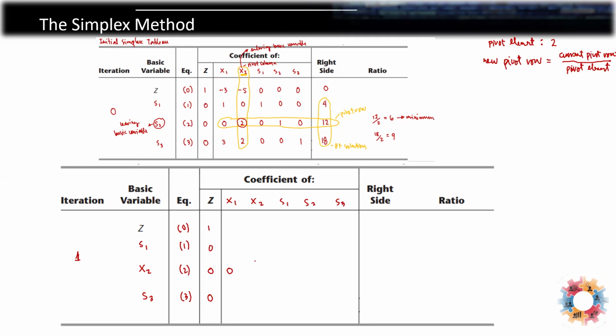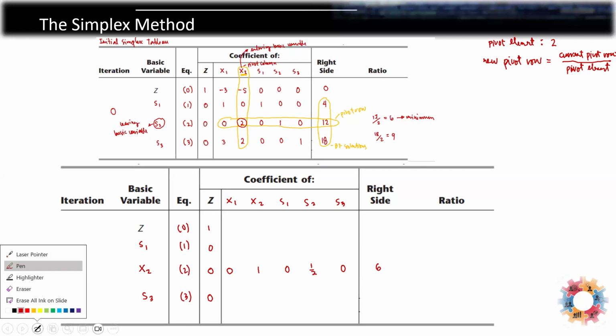And then below x2, you divide that by 2. You have 1. Okay. And then S1, the 0 there, divided by 2 is still 0. 1 divided by 2 is 1/2. And then S3, 0 divided by 2 is 0. Then on the right side, you have 12 divided by 2, which is equal to 6. Okay,